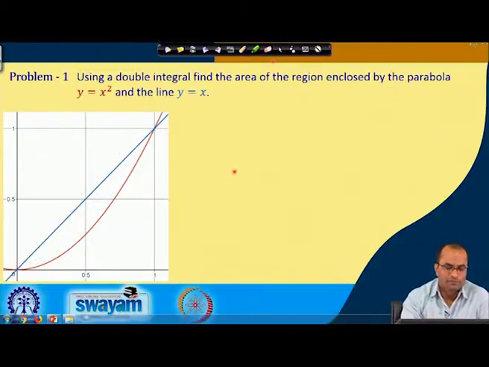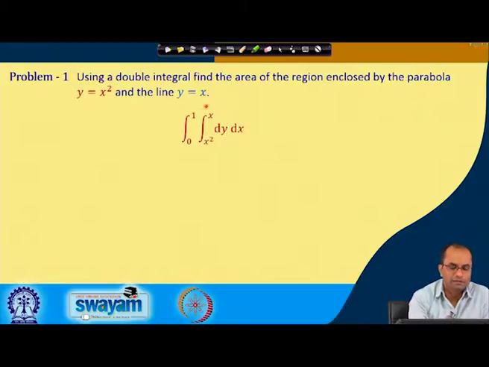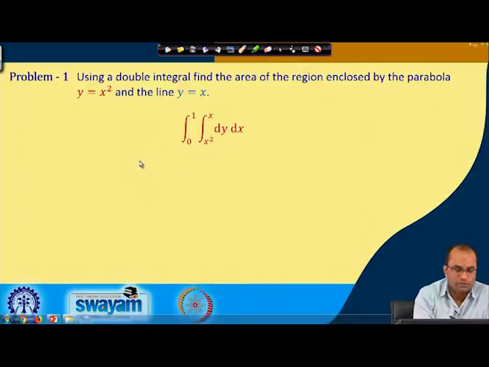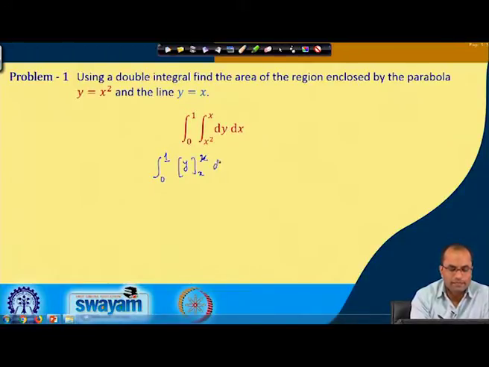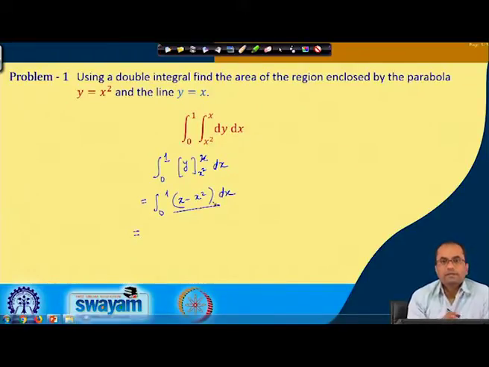So, we need to compute simply this integral now, which will give us the area of the region enclosed by these two curves. So, here the outer one we keep as 0 to 1 and the inner one with respect to y. So, we will get y and then the limit x square to x, and then we have here dx. So, this will be 0 to 1 and y, the upper limit is x and the lower limit is x square. So, x minus x square and then we have dx here,